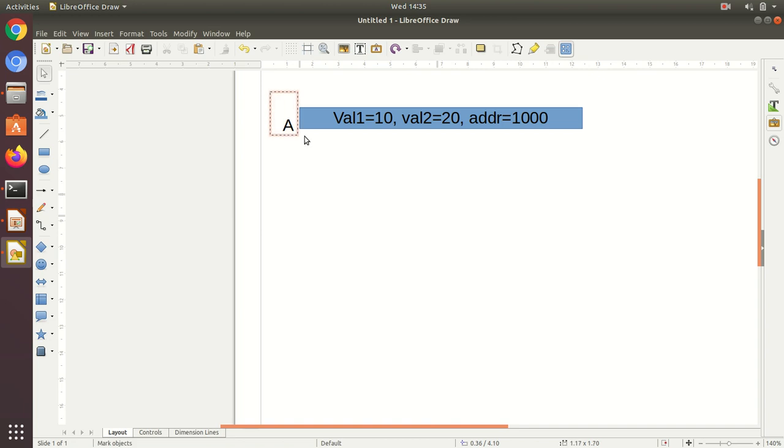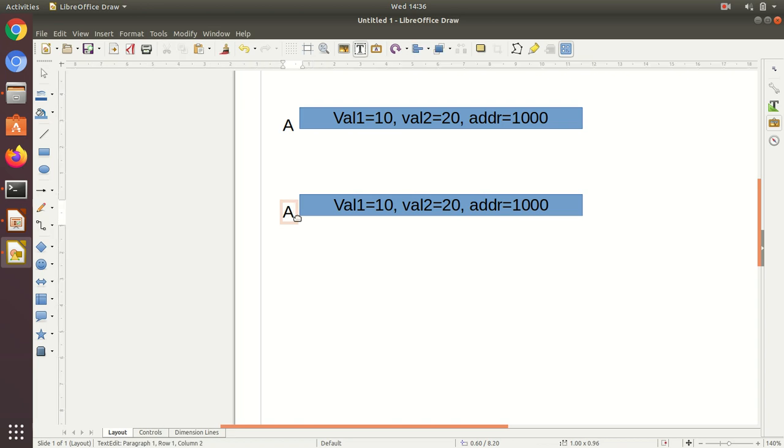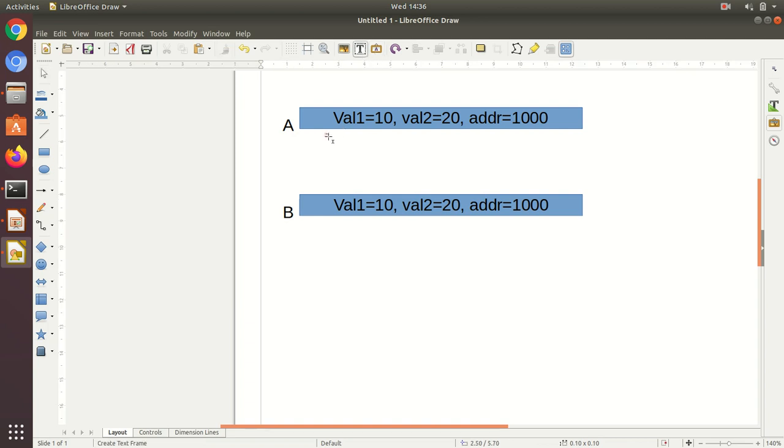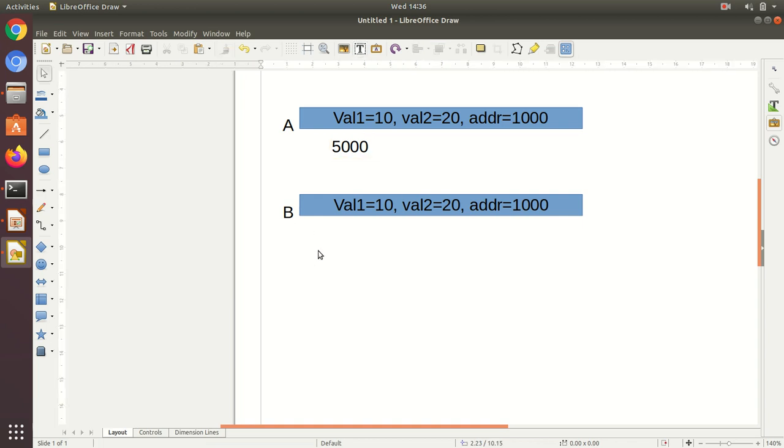Now, when B is created and we do bitwise copy, we are looking at the problem with the bitwise copy. Let's say the address of A is 5000. B is created, and definitely some memory is allocated.